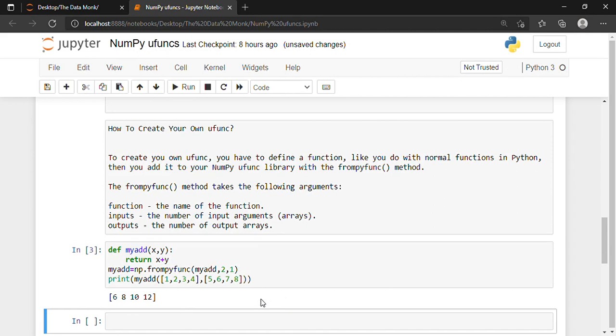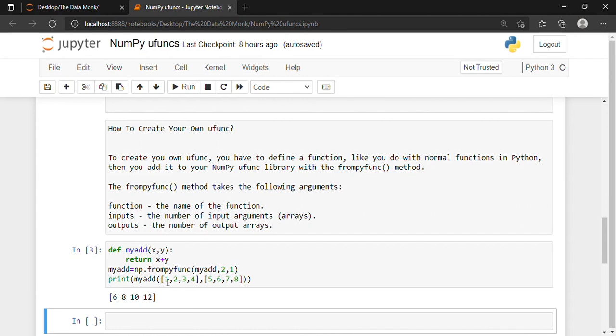So what have I done here? First, I have defined the function. The name of my function is myadd, and I've taken two inputs, x and y. Then the output which I want is the sum of x and y, so I'm just writing return x plus y. Now myadd is equal to np.frompyfunc, which is the function we use to add it to the ufunc library.